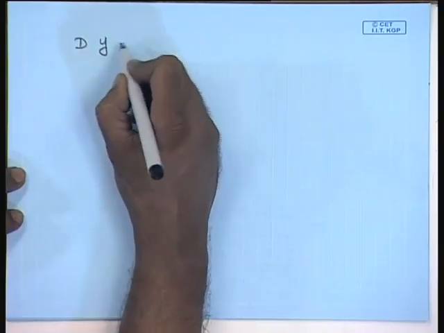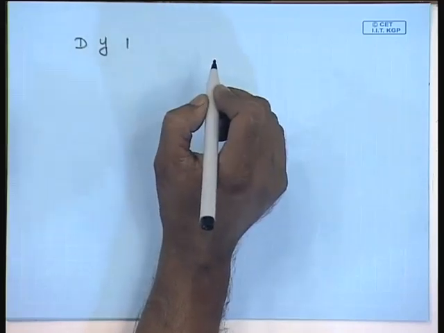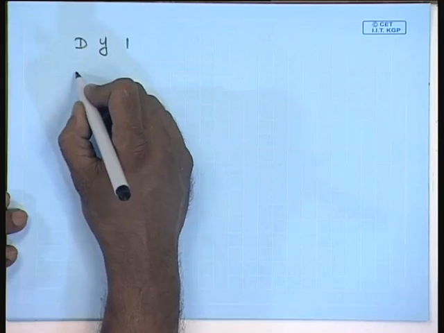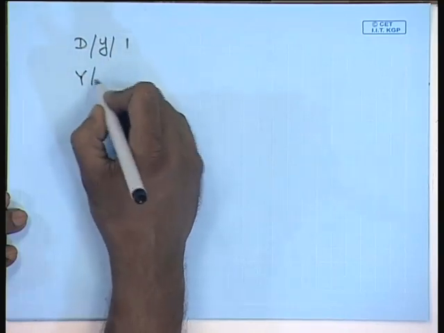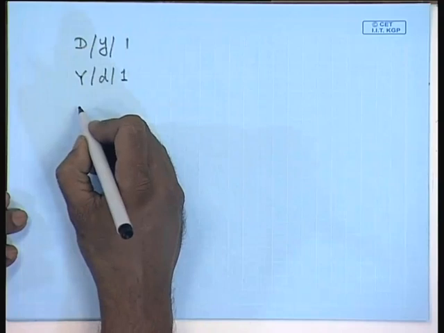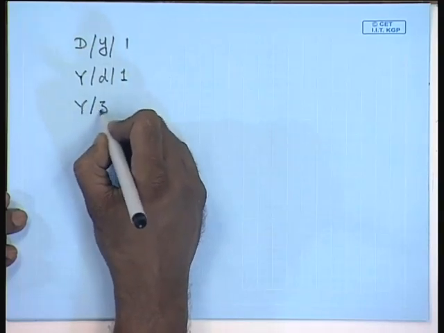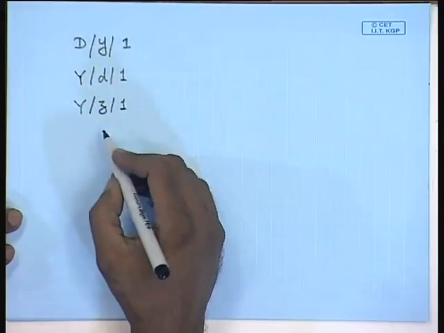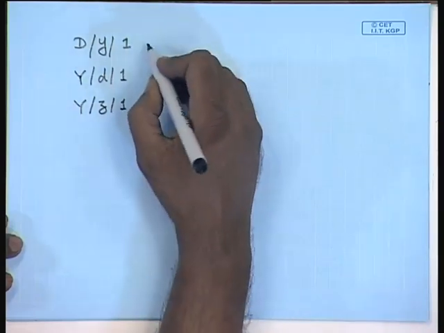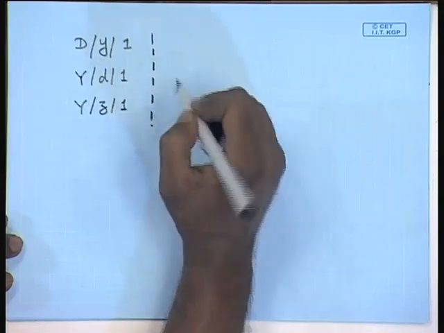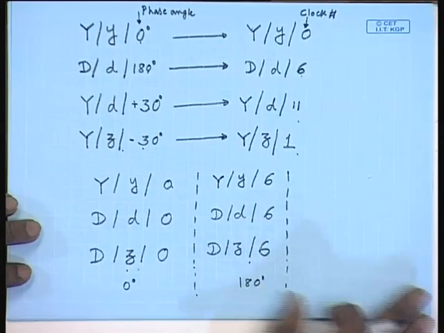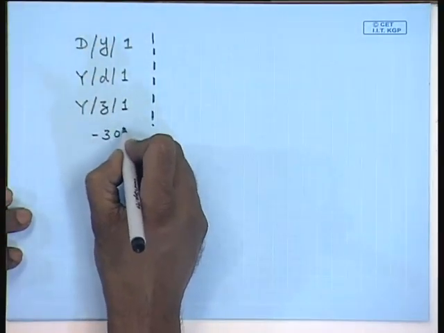For plus minus 30 degrees, you have DY1, this is minus 30 degree, then or you can have YD1 or you can have YZ1. Again, the high voltage and low voltage side connections can be interchanged. However, DZ1 is not possible. So, this was 0 degree phase shift, this is 180 degree phase shift, this is minus 30 degree phase shift, and then you can have